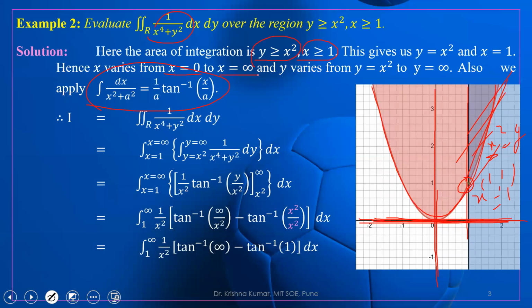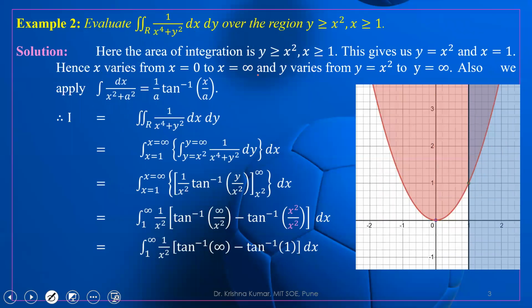Now what about the value of y? If x is equal to 0, what is the value of y? It is 0 also. The value of x is 0, the value of y is also 0. But now we know that since the limit of x is constant to constant, 1 to infinity, we have already taken, definitely the limit of y will depend upon the limit of x. So what is the limit of x here? 0. Here what about this? So according to this parabola, the limit of y will be decided.